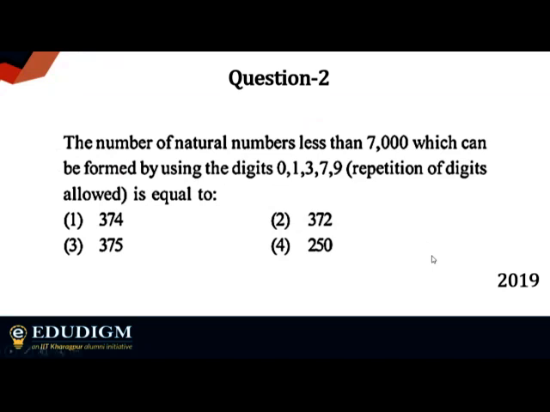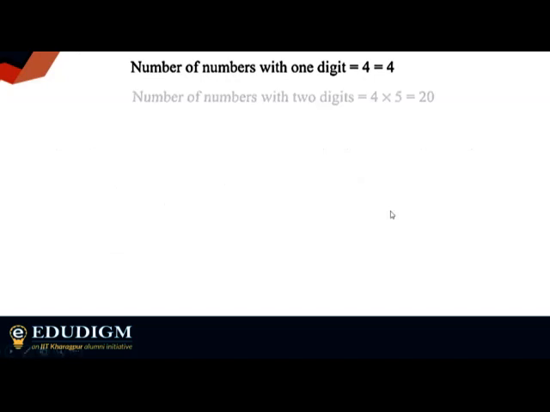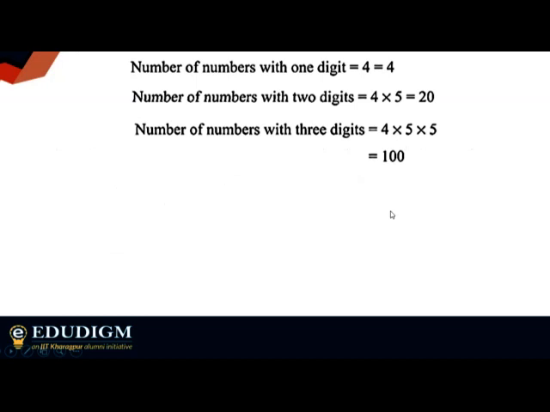Here I have used a very simple method, which is a straightforward method. You can also go for the reverse method, that is, finding out the complementary thing and then moving on. Okay, so this is something you have. For single digit, you have 4 numbers. Then for 2 digits, 3 digits, these are pretty simple. I'm sure you know how to work these things out.